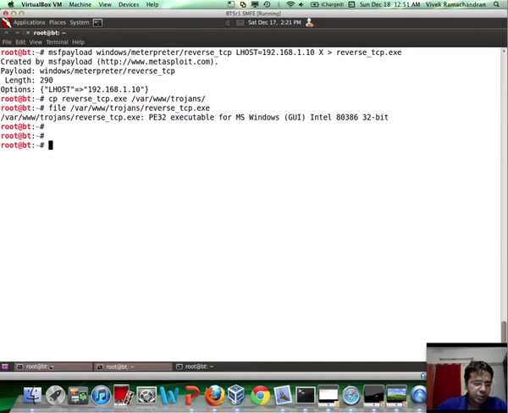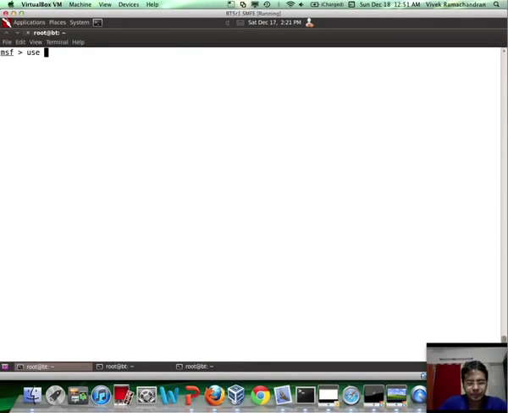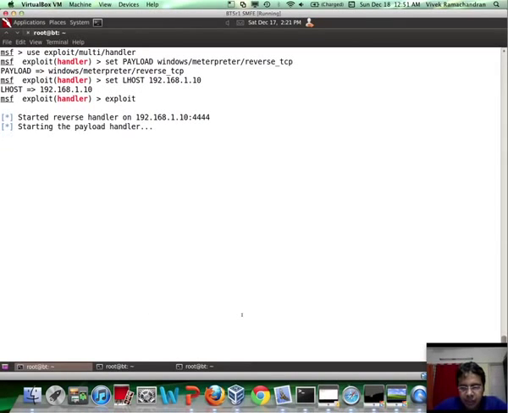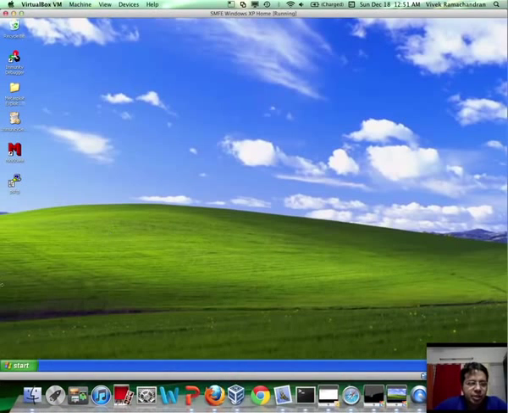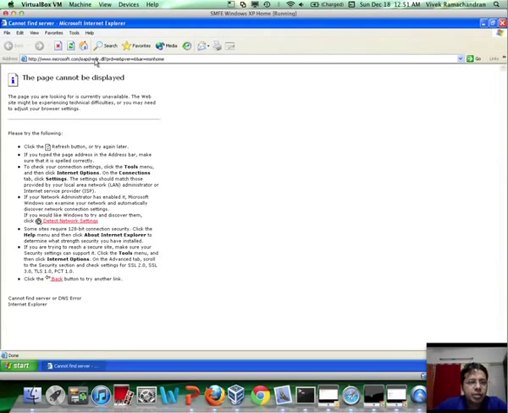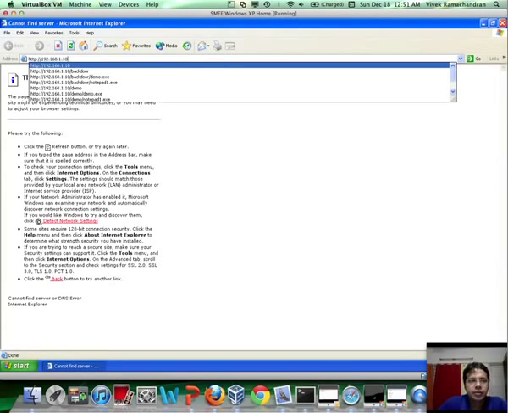Once you execute it on the victim machine, we need the appropriate handler to take care of this. So we'll set all the parameters up, and then we'll wait for our reverse TCP connection. Now on the victim machine, let's start Internet Explorer and go to our web server